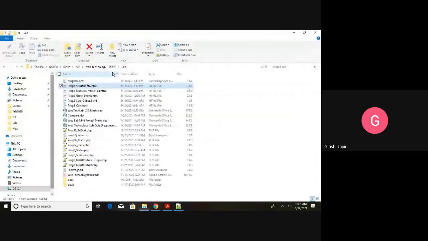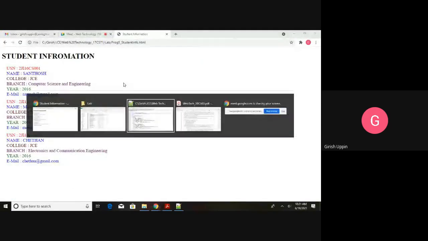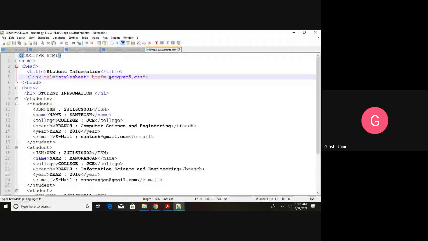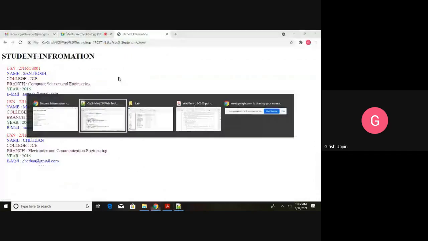So I have a file called program5.css, which is also in the same location. When we discussed this, whatever the location of the CSS file, you have to use either an absolute path or a relative path, and you have to give the correct folder. If you are keeping the HTML and the CSS file in the same folder, you don't have to specify anything. It will just take it from the local. First it will check wherever the HTML is, it will look there. If it finds it, it will take that particular file and link it. So I have that file. I will show you that file as well.